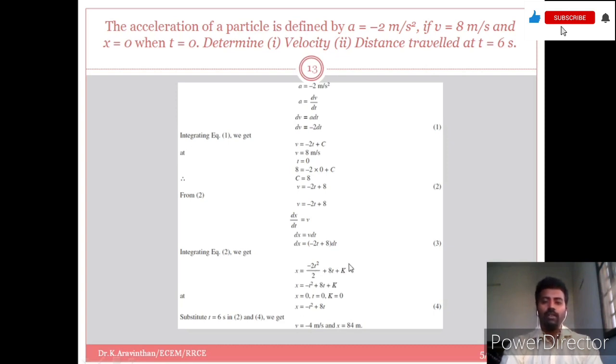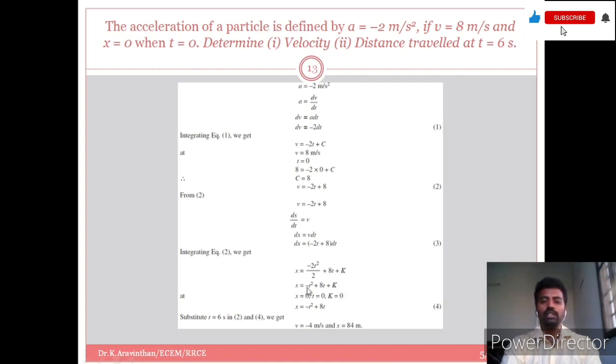So after arrival of this component, we have to identify the k component. Right now we know that at a particular time, x and t equal to 0. So if you substitute x and t equal to 0 in this equation, you will get the k component. Finally, k is also a 0 component. So the k value is substituted in this equation, and k will become 0.